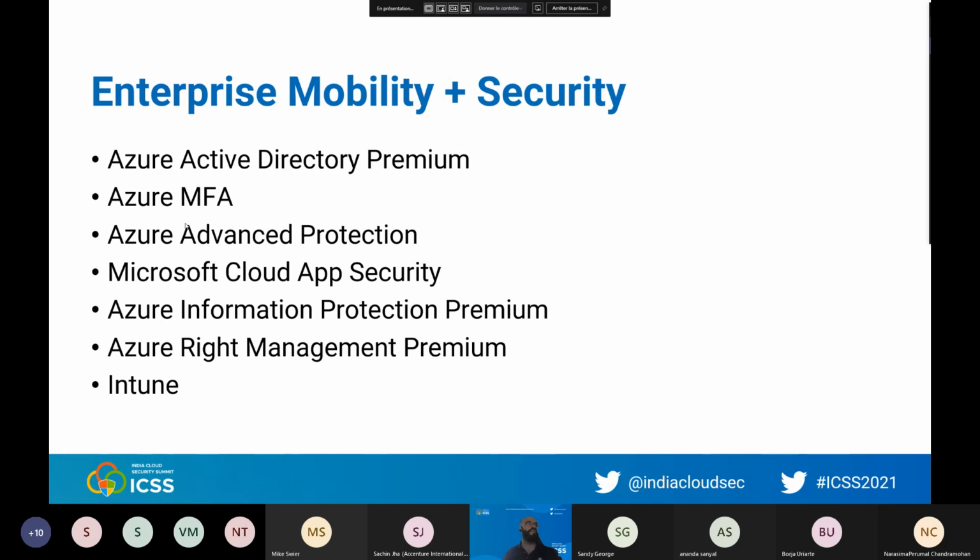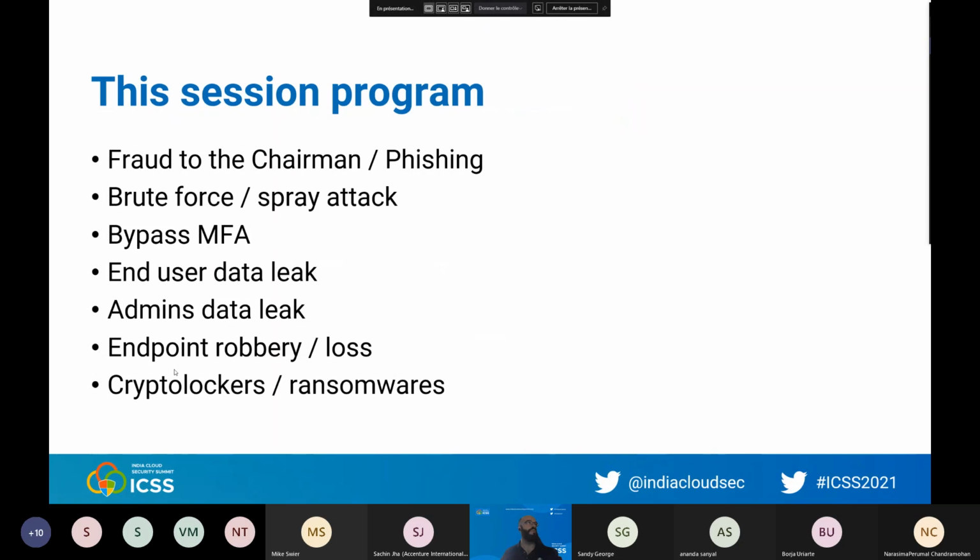But instead of giving detail about each one after another, I will take an approach by kind of attack you may encounter when you have an Office 365 tenant. The first one we'll talk about is fraud to the chairman. We will talk about brute forcing. I will talk about MFA, multi-factor authentication, and I will explain that if you are quite clever, you can bypass MFA.